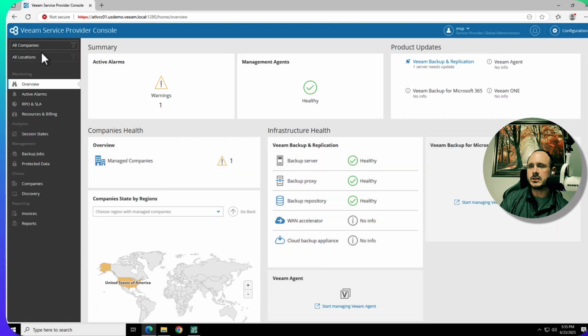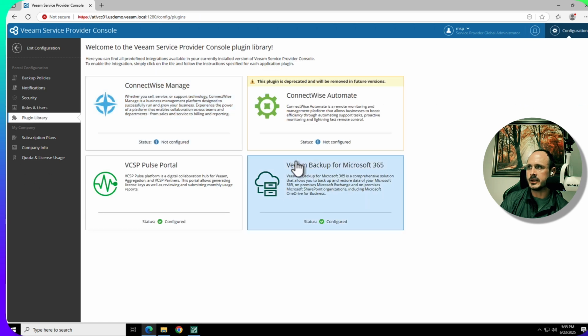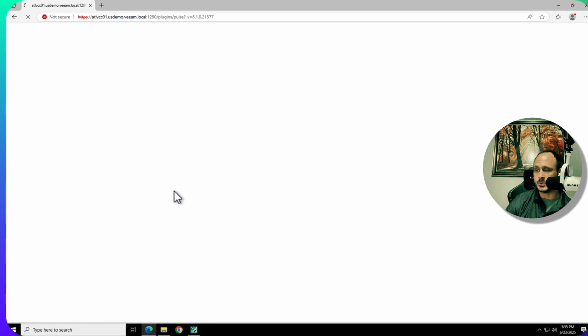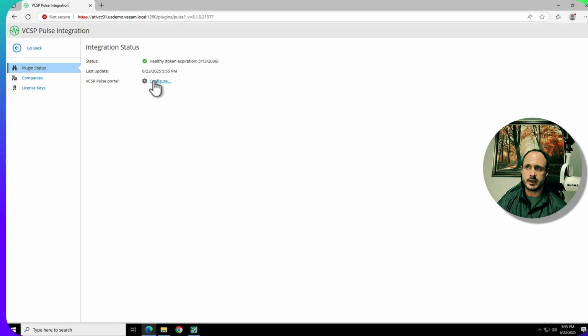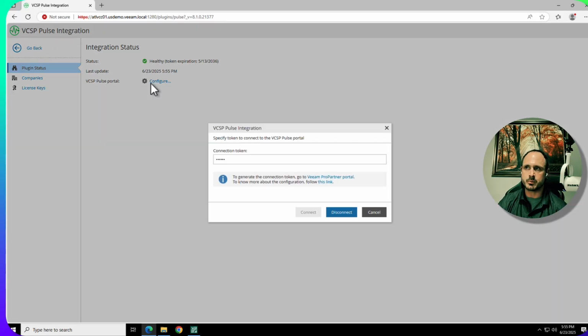And then if we take a look at, let's actually go to the configuration tab and the plugin library. So you'll see here, I've got the Pulse plugin. Now you will see here the VCSP Pulse portal. You can configure your token. This may lead you to believe that you can bring, as a reseller, your own token. However, that is not the case. There can only be one, again, the Highlander reference,